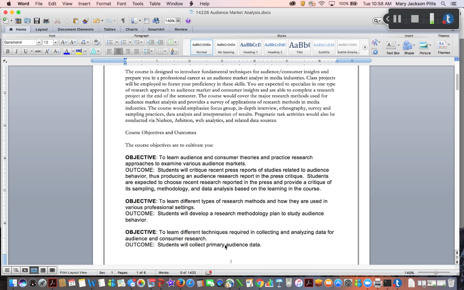We can't always use the quantitative methods to get at why people are doing what they do. We can certainly find out what they're doing, and we can trust to some degree what they report as being true, but to better understand why they're doing the things that they're doing and why they're using media the way that they're doing, then it is important for us to actually develop some qualitative research methodologies which we should